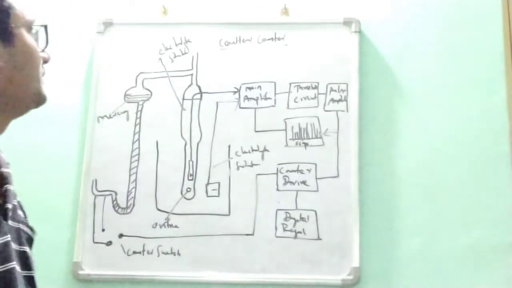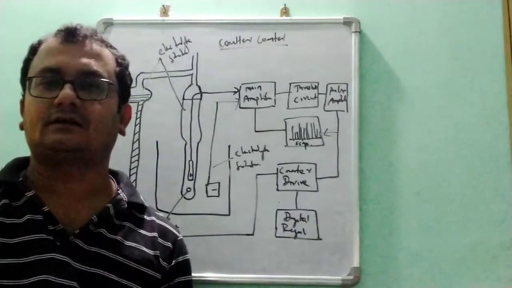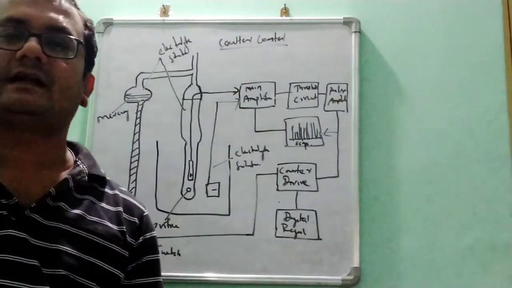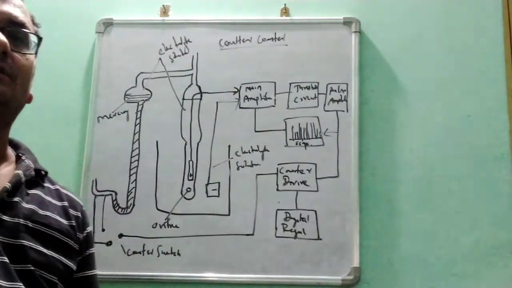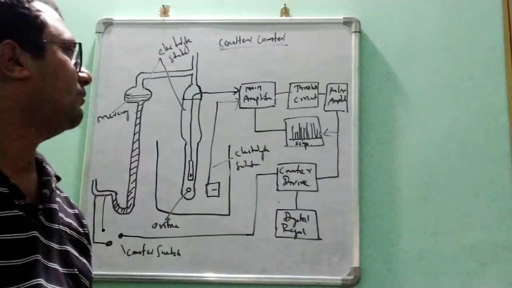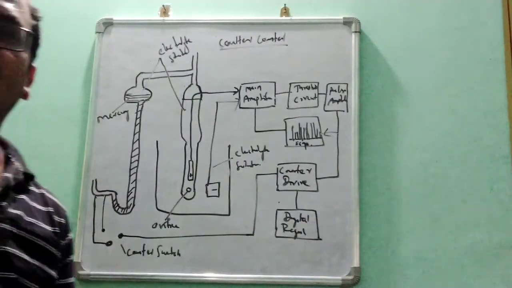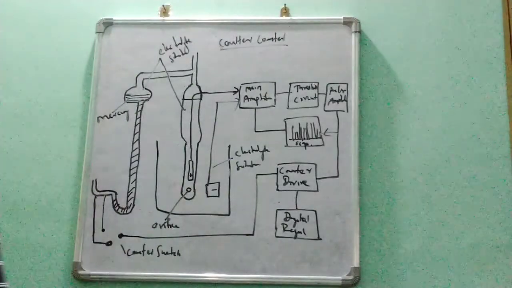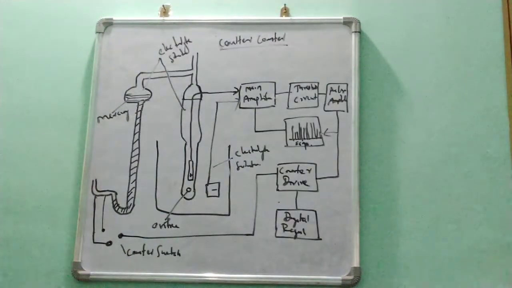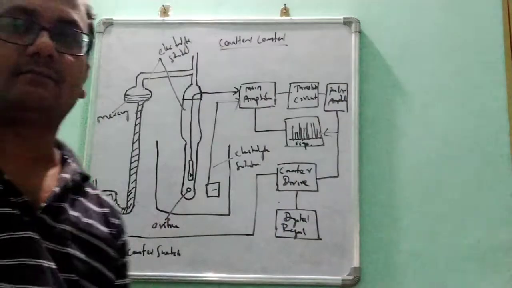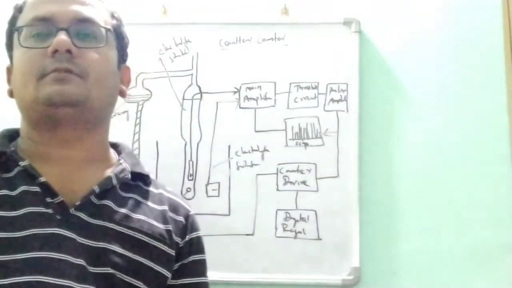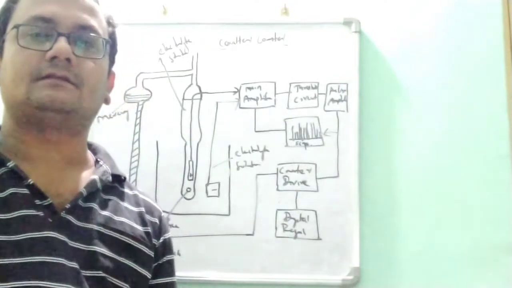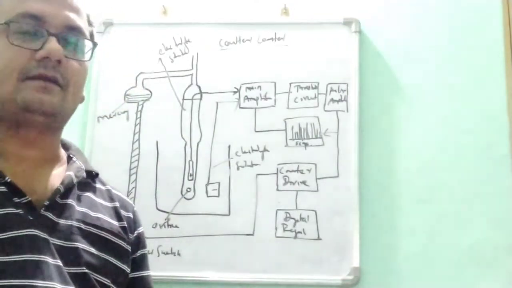So here we are calling it the Coulter counter method, which we can also call a conductivity method. In this Coulter counter method we are going to find out the particle volume, and generally when particle sizes range from 0.5 to 500 micrometer, in that particular size range we can determine the particle sizes in this apparatus.